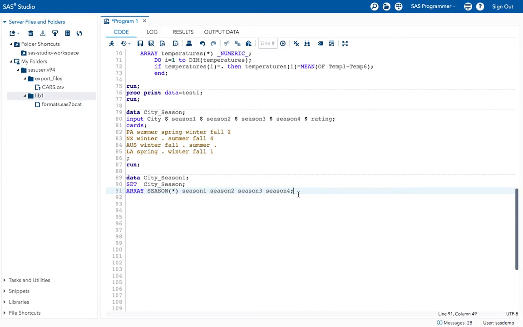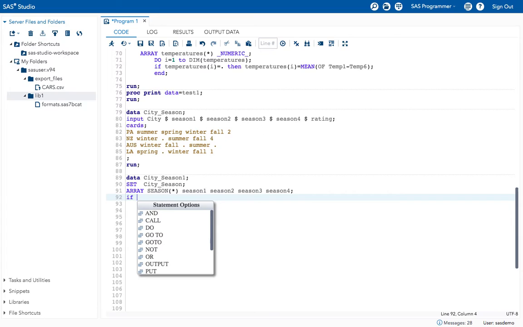Now for this I have to give the if statement. If season, in the parentheses, I equal to a missing value. How do we mention the missing value here? With a blank space in quotations.